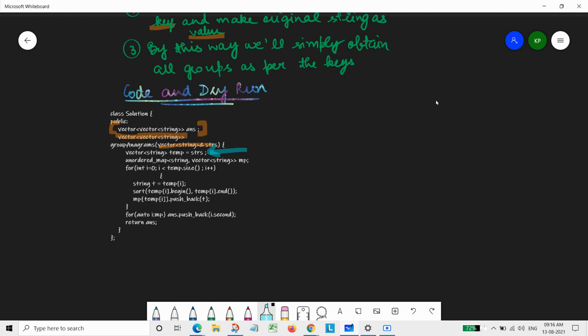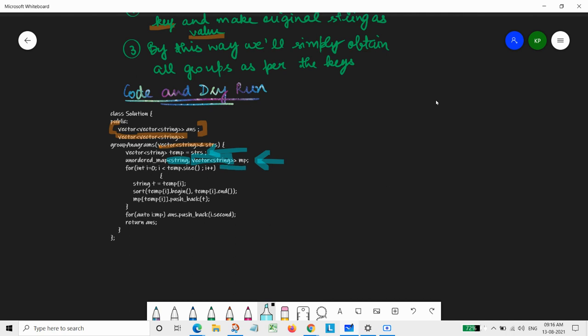If we modified the original, that wouldn't make any sense for returning the answer. Now we require a map. For the map, the data types we require are a string which will act as the key, and for the value we require a vector of strings, basically that particular group.